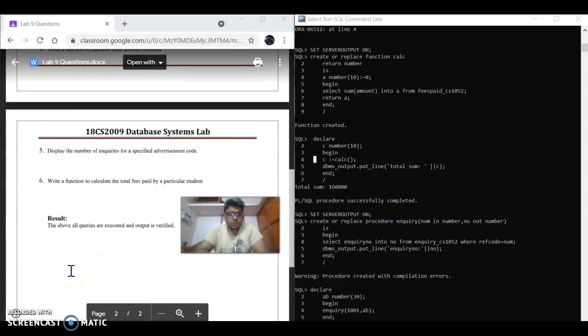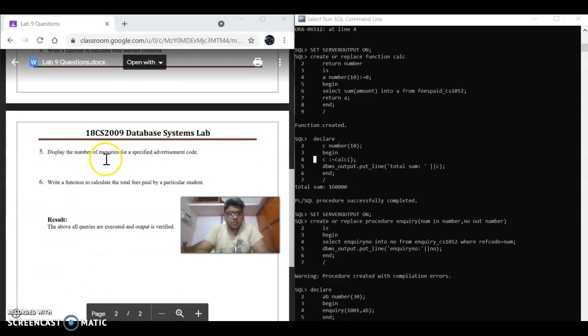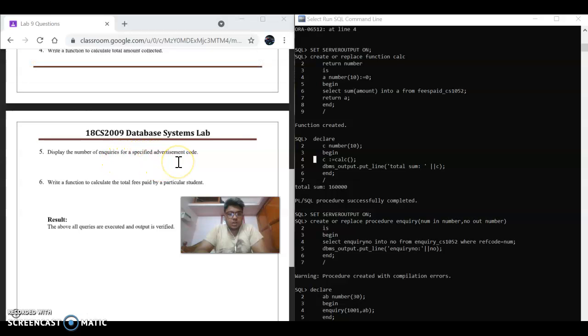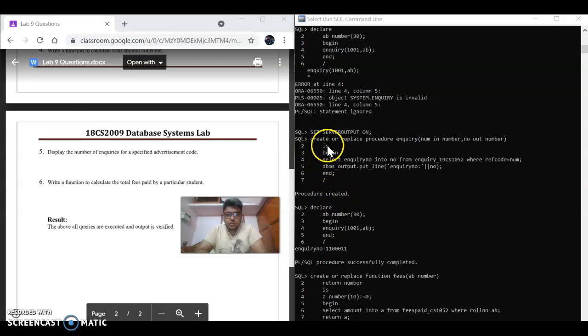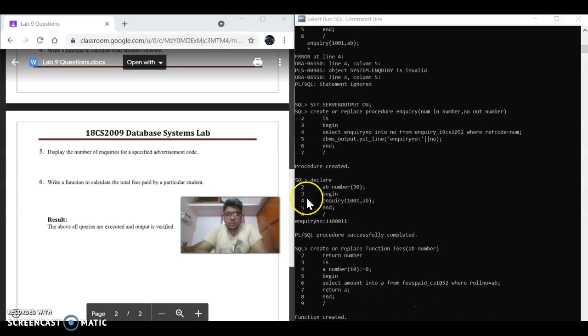And coming to the fifth question: display the name of inquiries for a specified advertisement code. So this is the fifth question. Create or replace a procedure inquiry of the inquiry table with a number in number and a number out, and begin, and these are the functions for the inquiry table, and that procedure has been created.